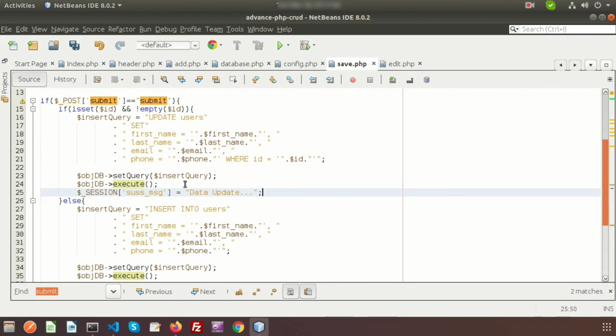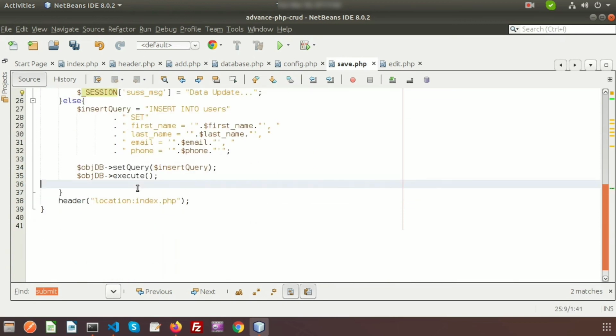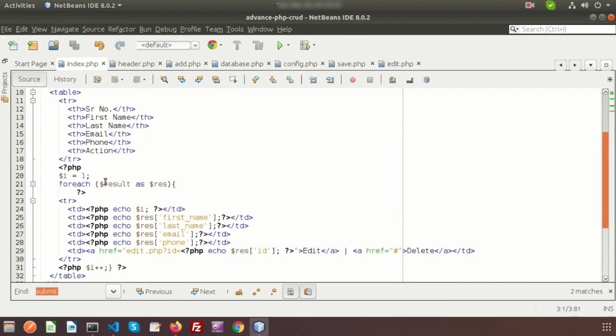Okay, and the same things we will write in this, and here we will write data inserted. Okay, and we need to take these things from the index.php, so where we are redirecting,